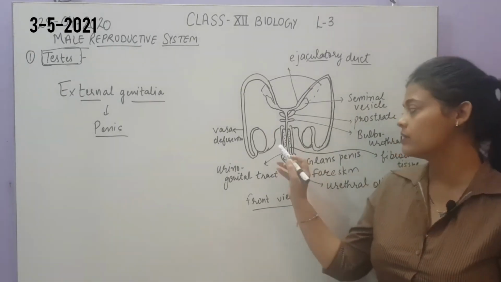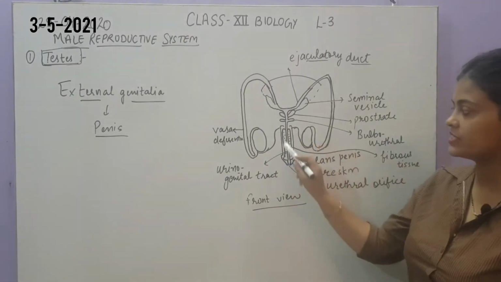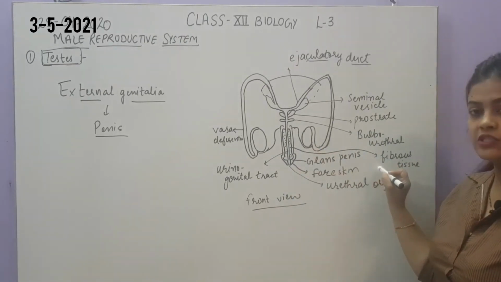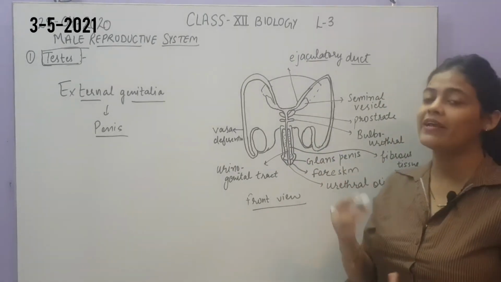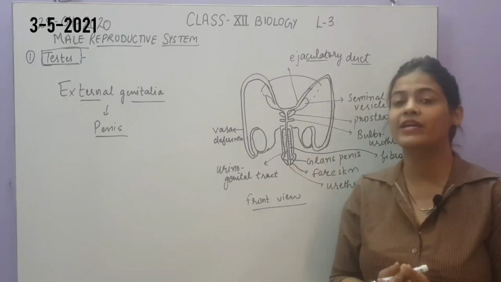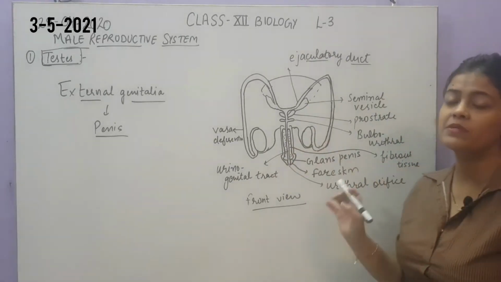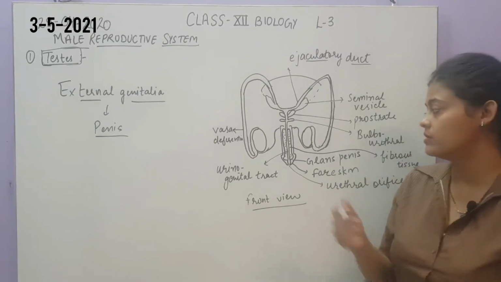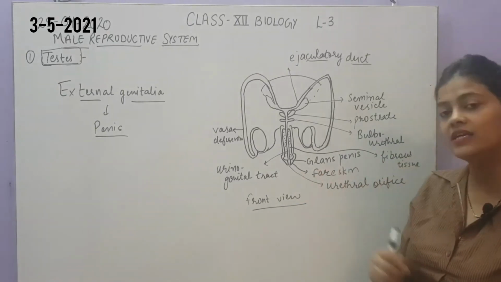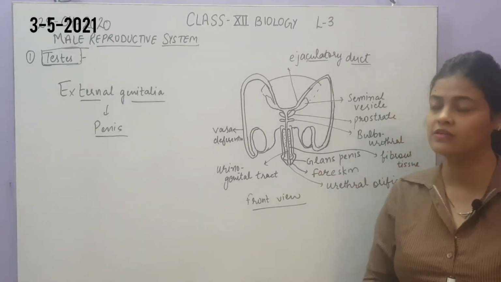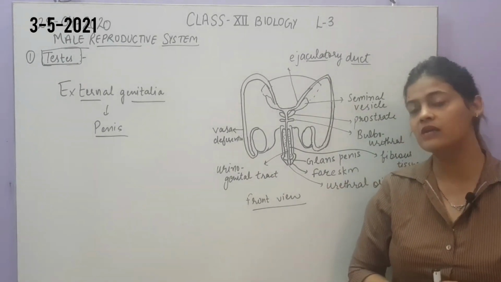Now how does it work? Inside the penis there is a fibrous tissue. You can see this dotted structure. So this is a fibrous tissue. At the time of erection, the blood circulation will be increased in this area, due to which the fibrous tissue will get more amount of blood, and this will cause the erection of the penis, so that it can release the sperms in the female reproductive tract. So this is all about the male reproductive system, all the parts and the functions of various parts.